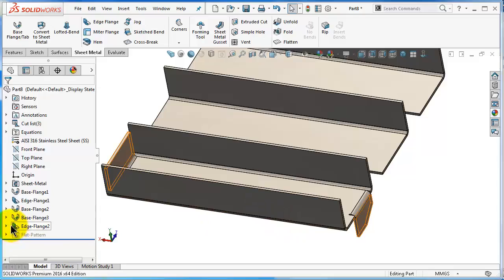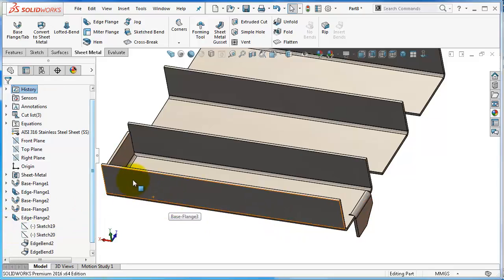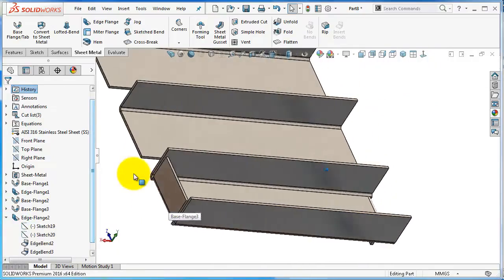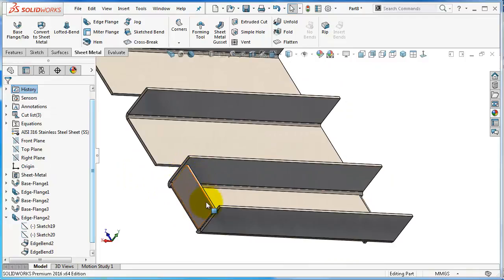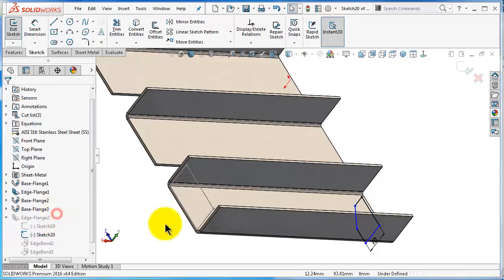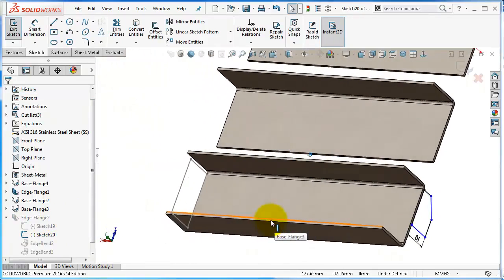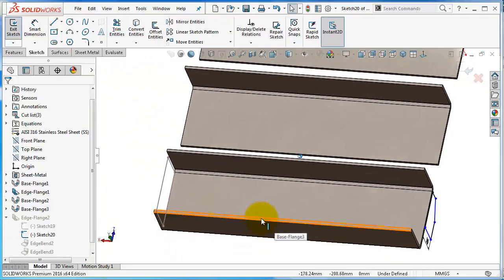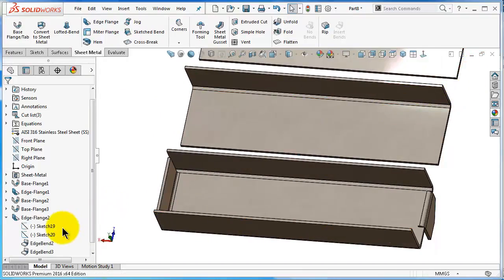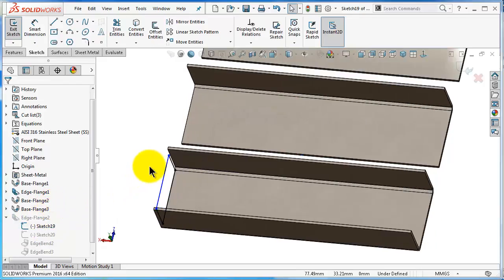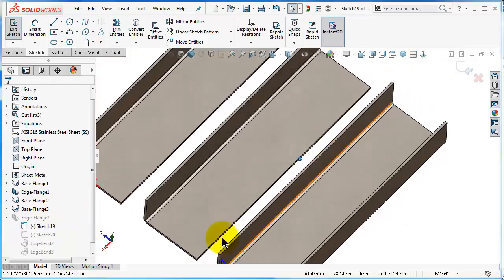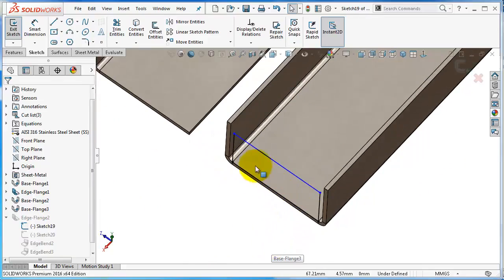If you go to the edge flange, in case you want to change the second side, you will notice that you have two sketches. That sketch we already edited. As you remember, exit from that sketch. You can select, when you hover over this sketch here, edit, and you will notice it is on this side. We can edit this sketch